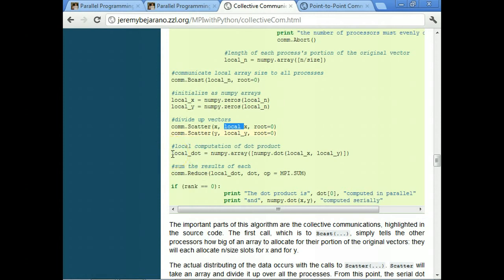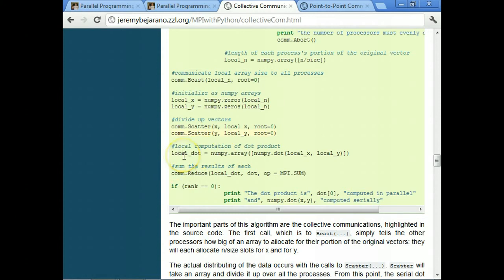So now that each process has its chunk of the array, each process is just going to call the NumPy dot product function, and it'll take the dot product of local x and local y and save it into an array, which I may not have needed to do.